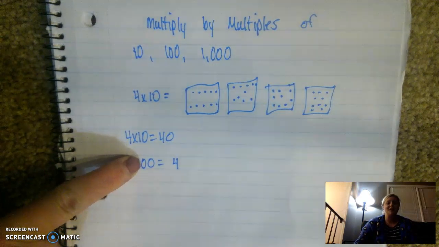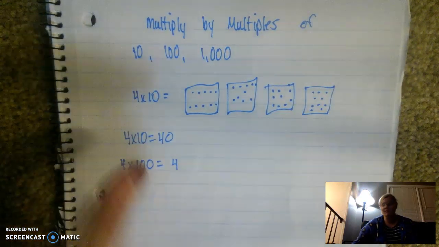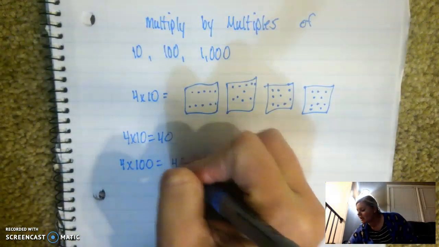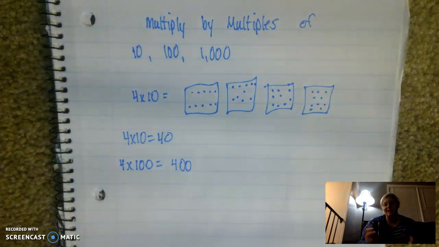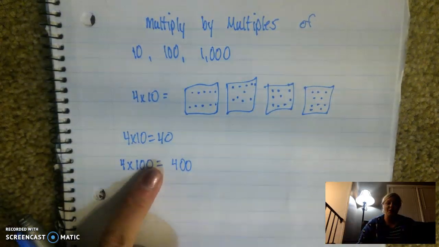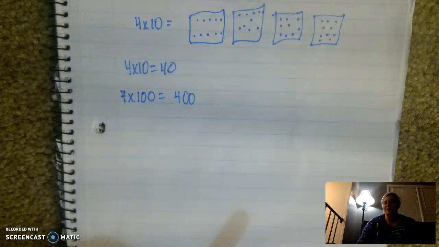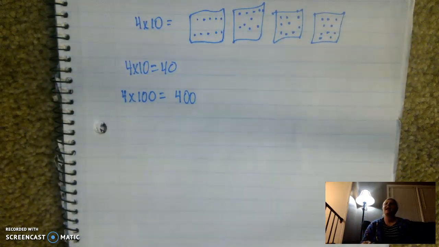How many zeros do I have? I have 2. So then I can just add my zeros at the end. A cool trick with this is we're looking at the zeros and making sure that your basic fact is going to have the same amount of zeros as what's in your problem. So let me give you an example. Let's say I have